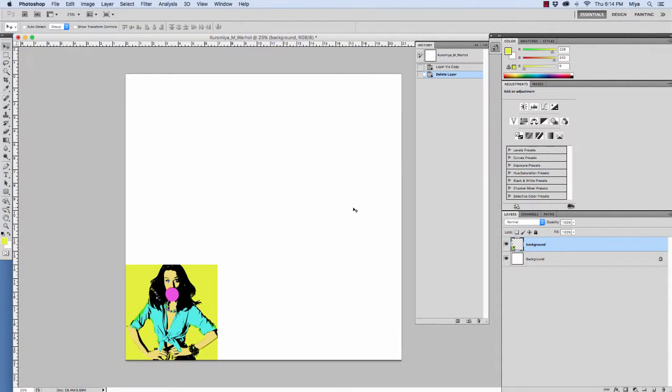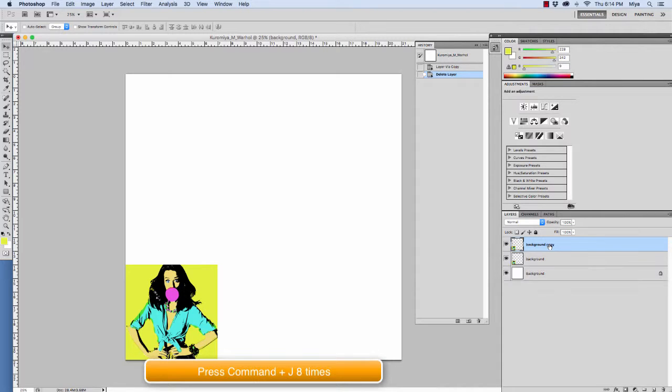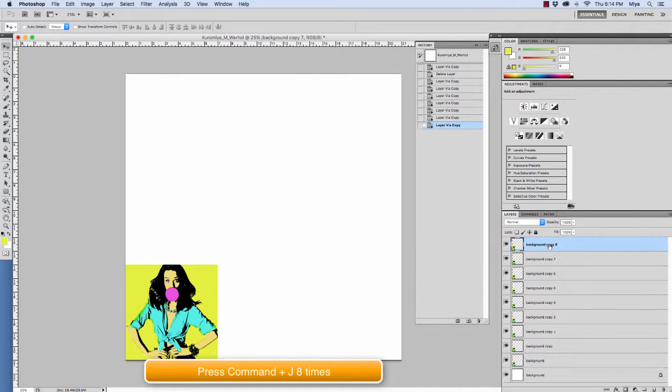All right, so from this point, I am going to go to my original layer. I need to duplicate this 8 times, so I'm going to do a Command J. 1, 2, 3, 4, 5, 6, 7, 8. And you'll notice it's made 8 copies of the original image, and they're layered on top of each other. So it looks like there's nothing there, but